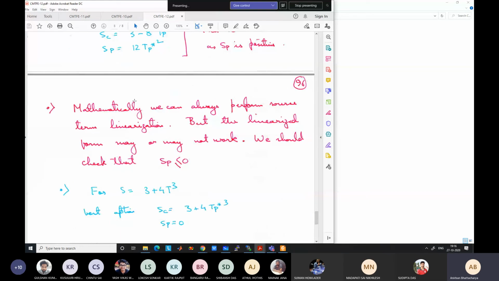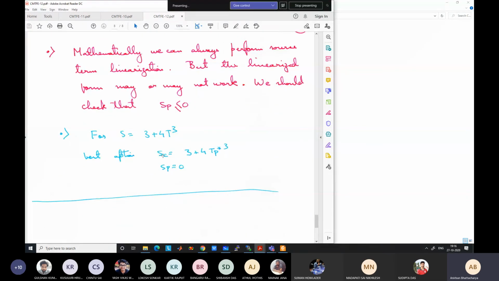So in this case there is no option. We will have to go with SC is equal to 3 plus 4 TP star cube and SP equal to 0, or some other variation where SP is negative, which will slow down the convergence. This is the nearest approximation which will work, which is the lazy approximation. So in this case, this is the alternate. So like this,